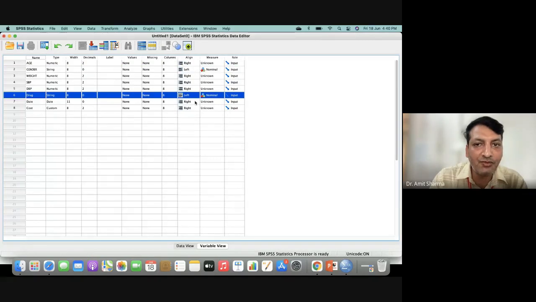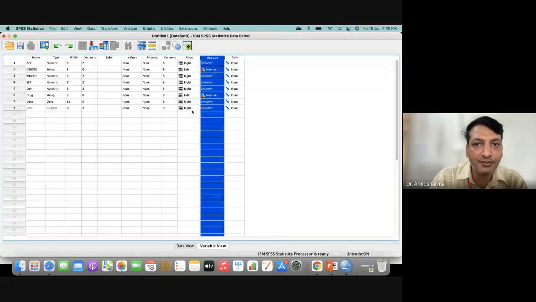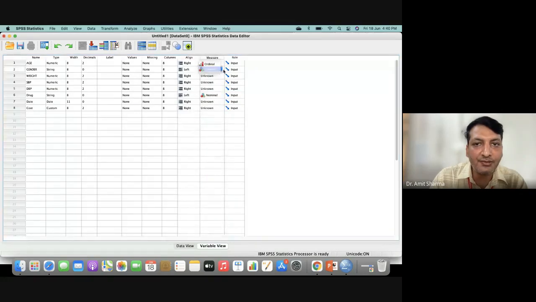Automatically software has made the measure as nominal. This one is nominal and this one is nominal. Automatically, as I chose string here, the software has chosen that this particular variable is nominal, and nominal will be called a categorical variable.